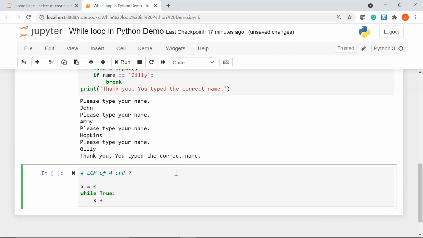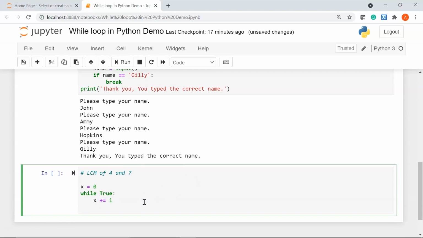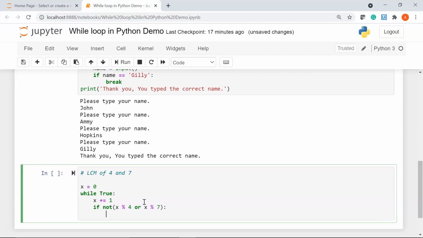I'll say x += 1. This means x = x + 1. I'm going to use an if statement and say if not, and here we'll pass the condition x % 4 or x % 7, then I'll say break.